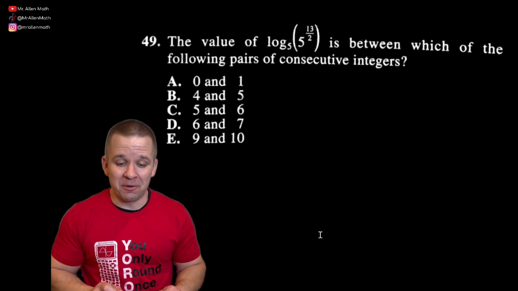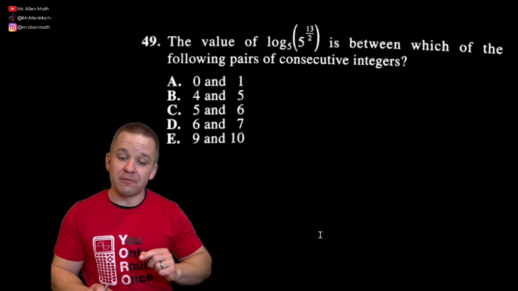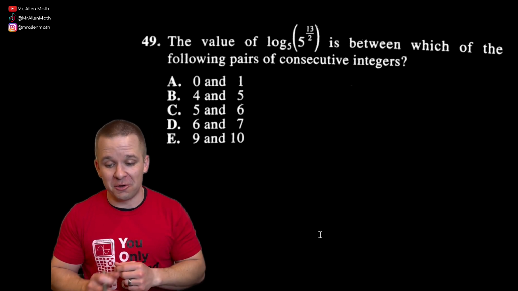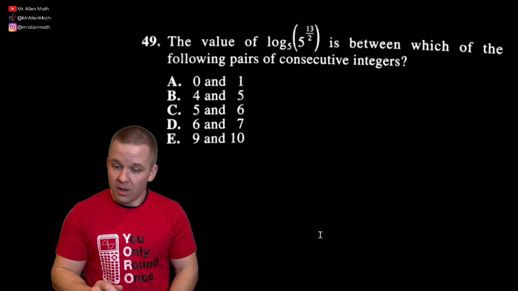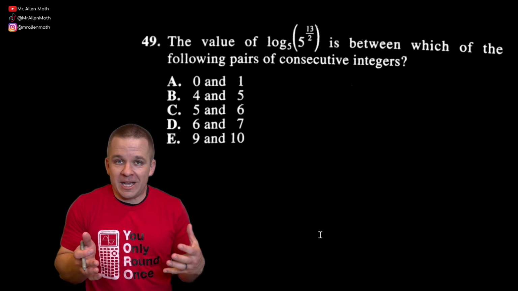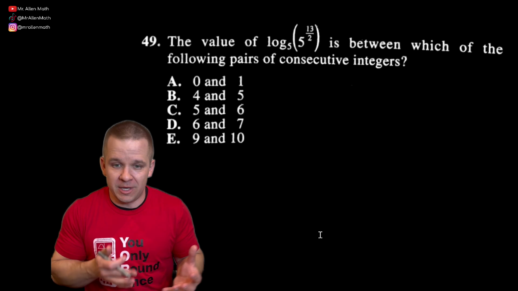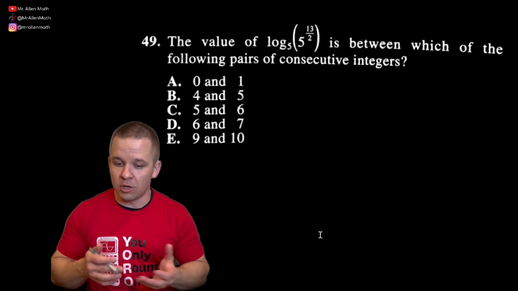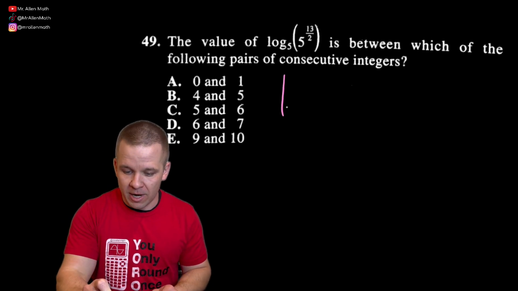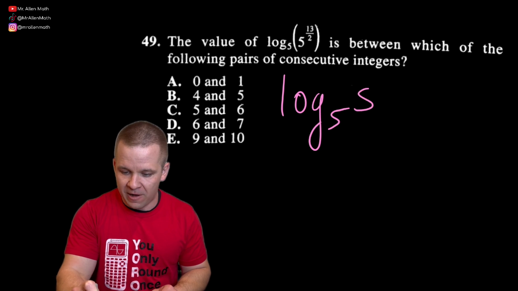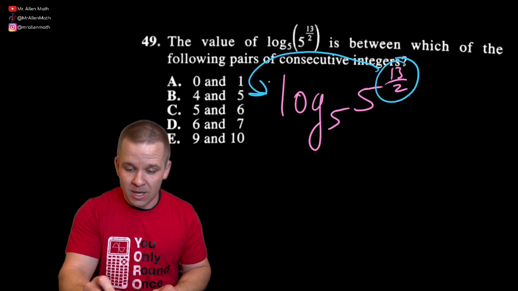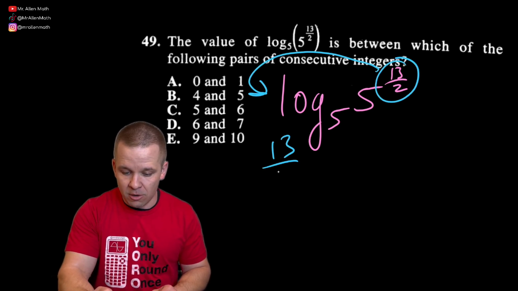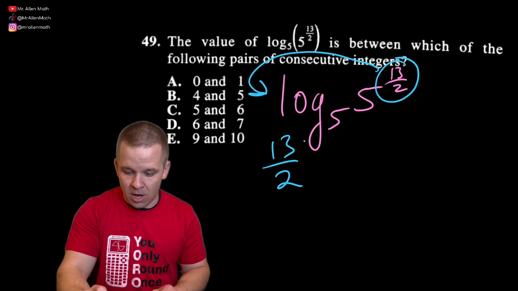All right, we got some logs now in this one. The value of log base 5 of 5 to the 13 over 2 is between which of the following pairs of consecutive integers? Oof, that's a whole lot here. Really, we're just asked to evaluate this thing, in between which two is it. Now, if you know logs, there are some cool log properties here. What I can do is rewrite this log base 5 of 5 to the 13 over 2. I can take this exponent here and rewrite it as a coefficient, 13 over 2, and then I have this log